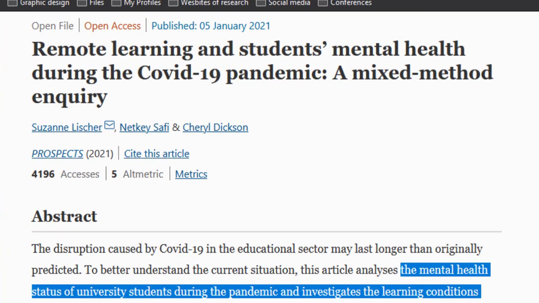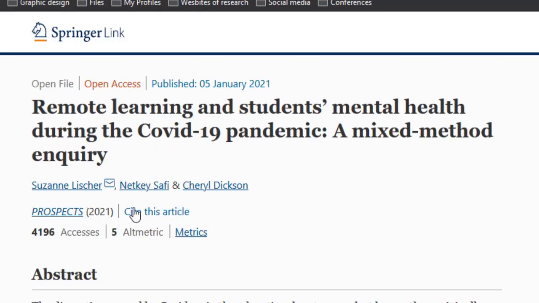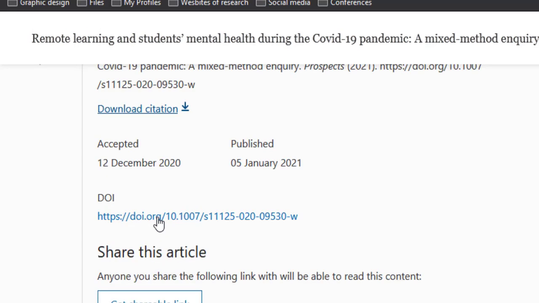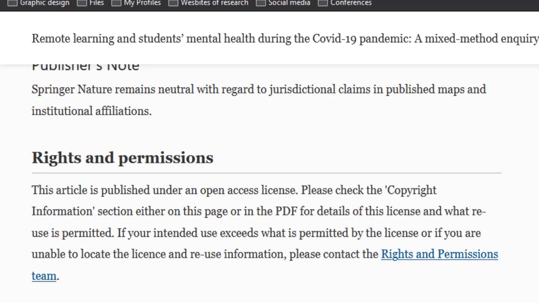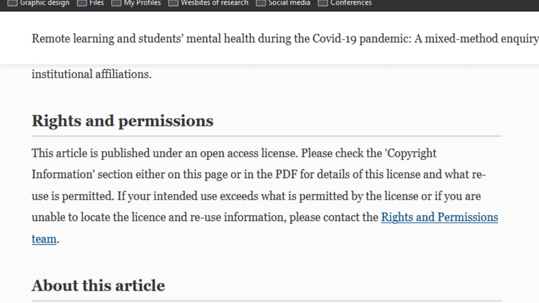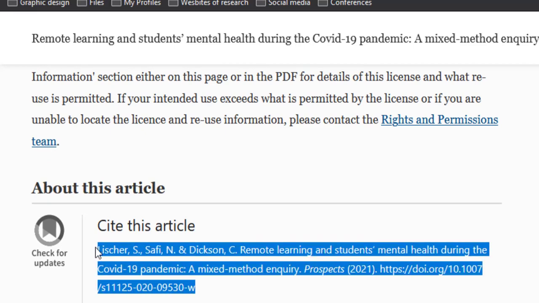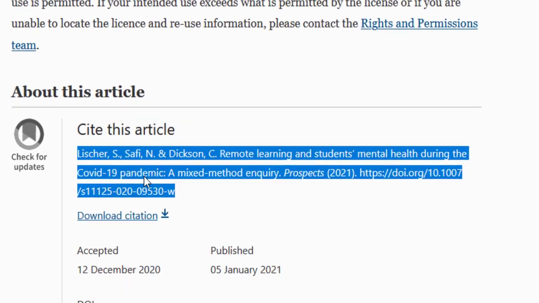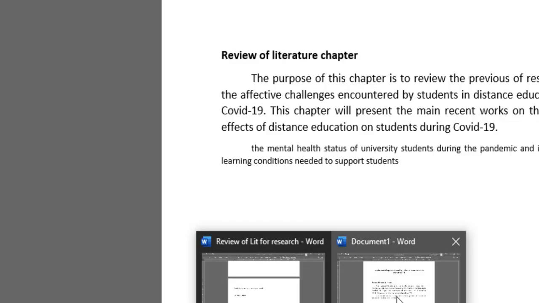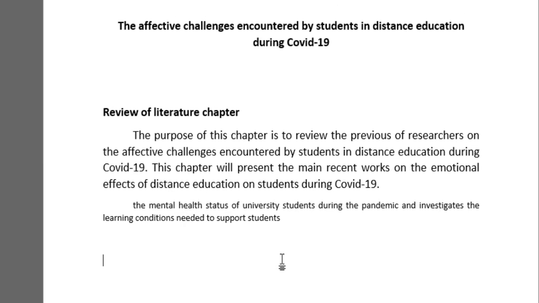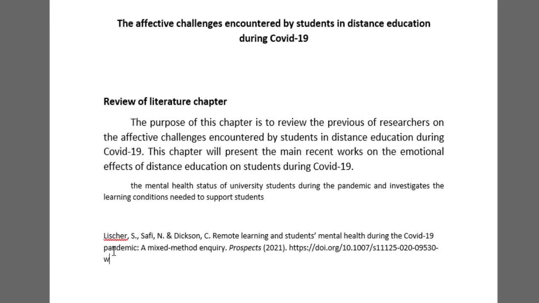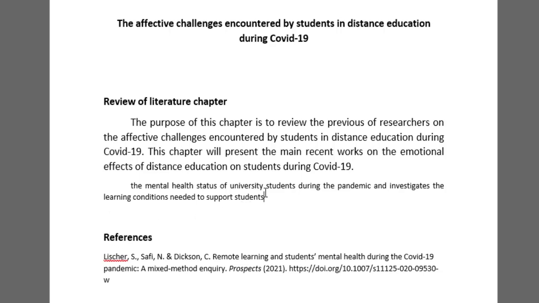All right, so the author name here, I can say this article from here gives you the citation, which is good. I need to cite it in APA, and I think this is already cited in APA style, which is good. And this is how I can keep track of all the references at the same time as writing the literature review. I'm going to put it here so that I can go back to it in the reference section.